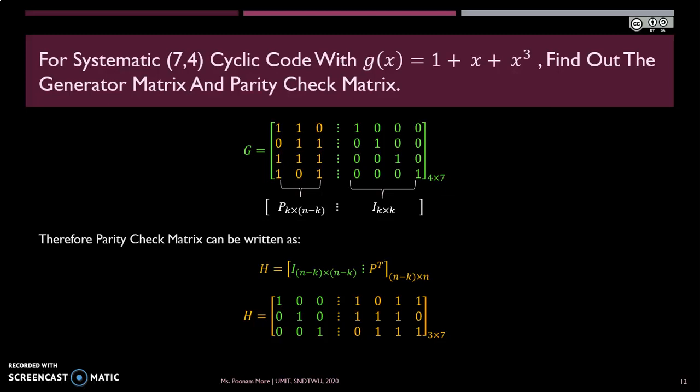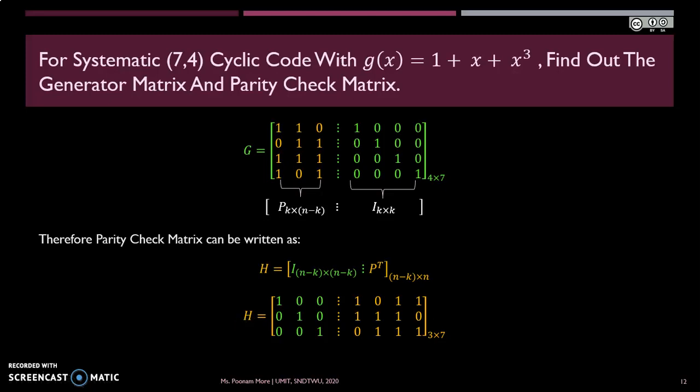Here I have written the transpose of this matrix to form our P transpose to make our parity check matrix H. Now the use of these matrices is that if you multiply your message bits with the generator matrix, you will get your cyclic code vector, and by using your parity check matrix you can find the syndrome at the receiver end. The steps which we follow after getting these matrices are the same as we have already done in the linear block code. Normally at the receiver side, we multiply the received code with H transpose to get our syndrome.